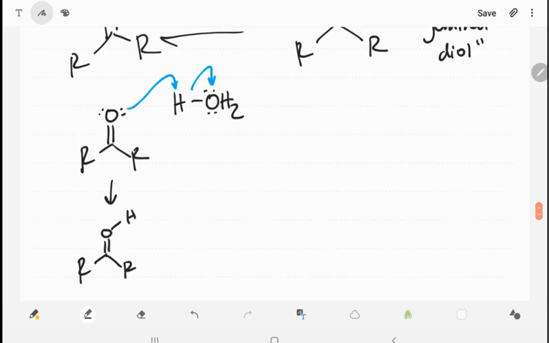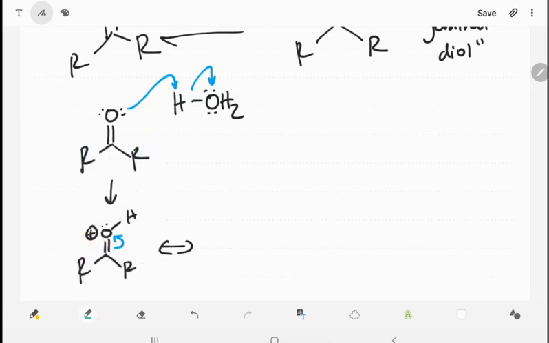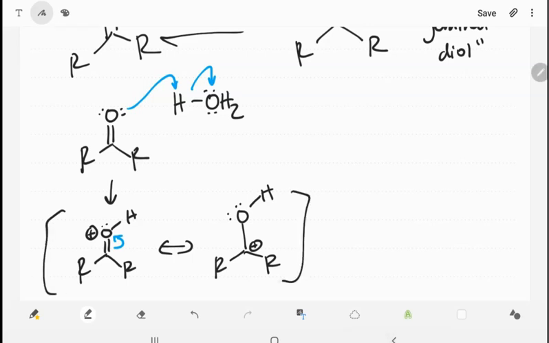Notice that now we have this protonated ketone. That's going to end up with resonance, making this a much stronger electrophile. If we just resonate this, if we move our double bond away, we can move that plus charge onto the carbon. Now this is even more electrophilic than a regular old ketone would be. So this is resonance. Either of these form, you can use either form, but what's going to happen now is